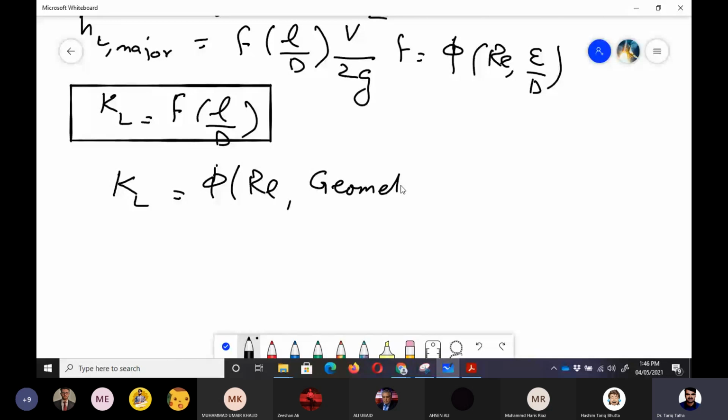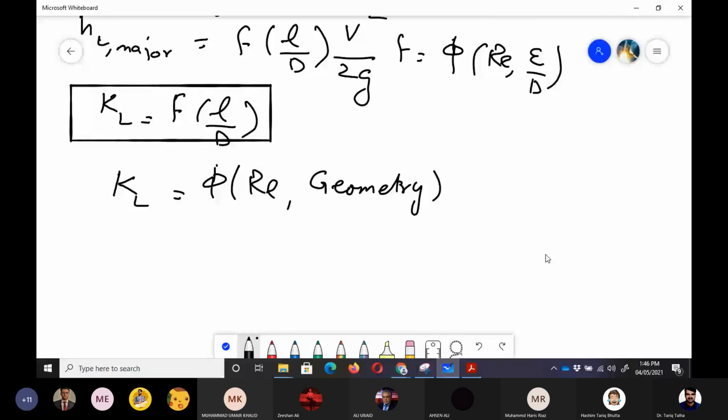What is the geometry: whether that is a 180-degree bend or a 90-degree bend, or a valve, a T-joint, whatever, or a certain expansion, a certain contraction, or the flow through a reservoir or flow into a reservoir. So there are different kinds of losses involved with each configuration, which we are going to study in the coming slides.